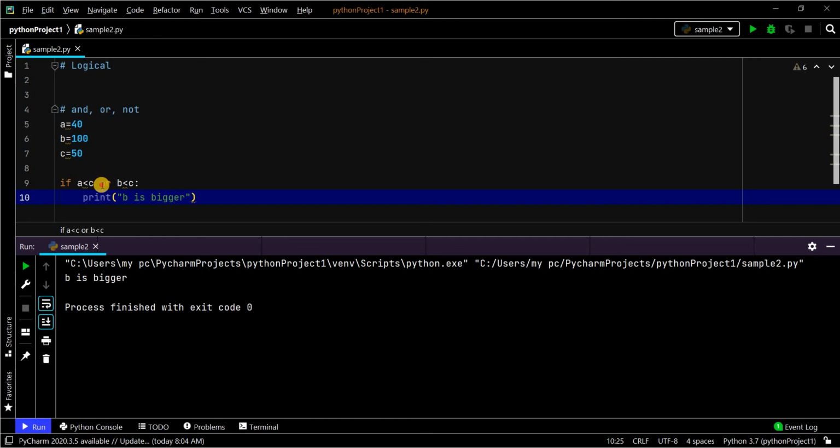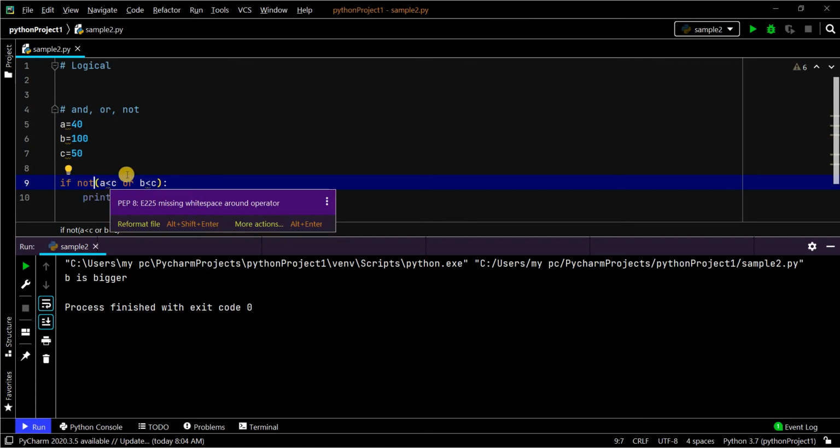The final one is NOT. In case of NOT, whatever you get in this, it reverses the result of that particular statement. See, here A is less than C, which is true, or B is less than C, which is false.